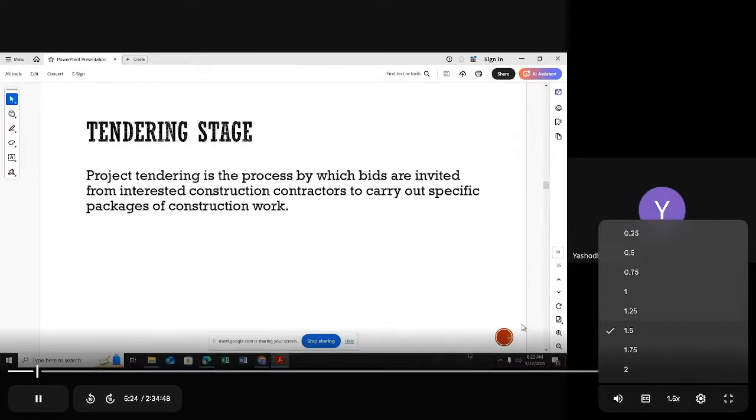After that, I came to the new topic, the tendering stage. I covered a lot of areas, but in our discussions, we have to do some areas in more detail. I discussed the tendering stage. I know you still don't know about it before coming to the lecture; tendering may be a new word to you. We discussed what the tendering stage means and what the benefits of the tendering stage are: to select a more suitable subcontractor, to select a more suitable main contractor, and not only that, to select a more suitable material supplier also, we follow this tendering process. This is how we take projects from our clients.